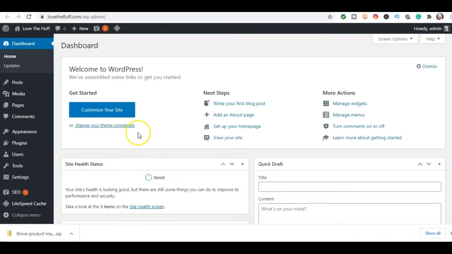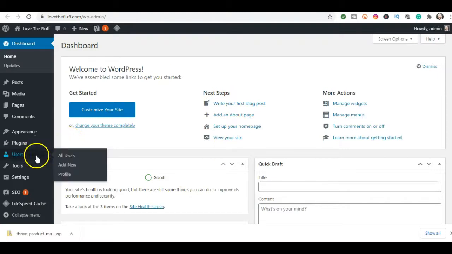So what that did, took it a second, but this brings you to your WordPress dashboard. This is where all the magic happens. This is where we build out everything. It might look a little different once we put Thrive Themes in here. So to activate this Thrive Themes plugin,